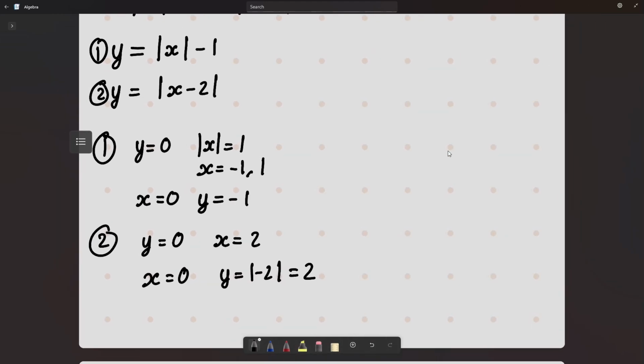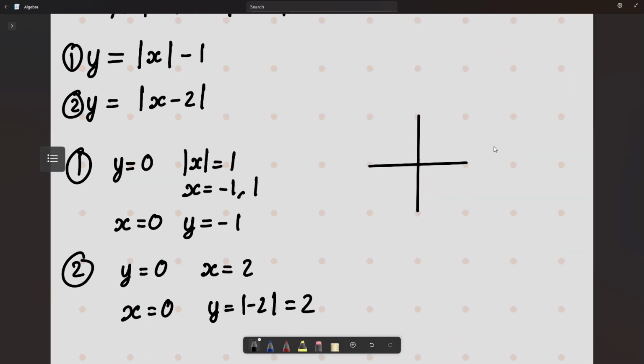Now we're just going to sketch a graph. It doesn't have to be perfect. We're just going to sketch it. And I'm going to assume where 1 and negative 1 would land here. So when y was 0, the intersection points were at x equals 1 and x equals negative 1. So somewhere here and there. And when x was 0, your y was negative 1. So around here, I won't label that. So your first equation would be making this sort of